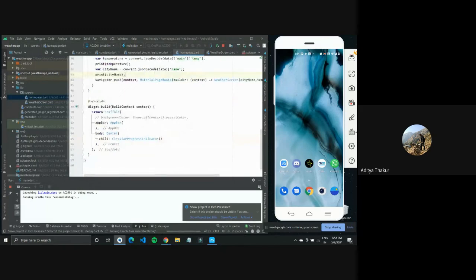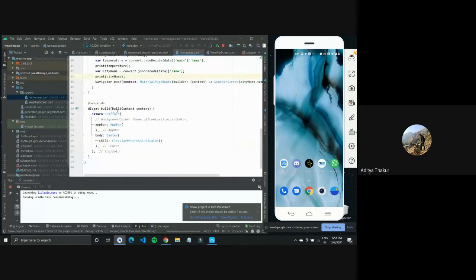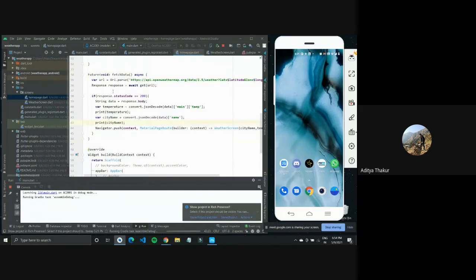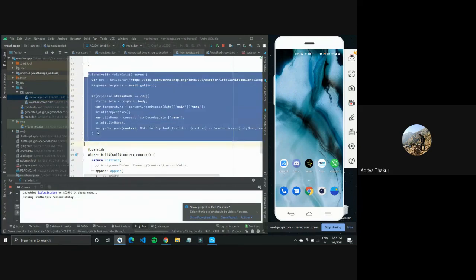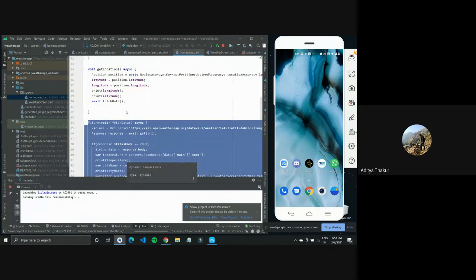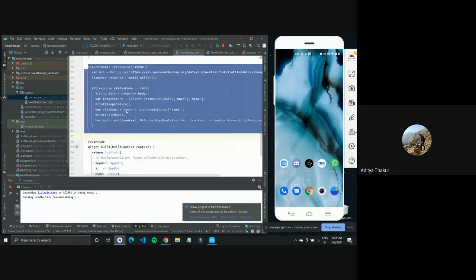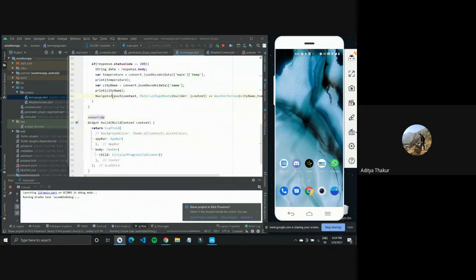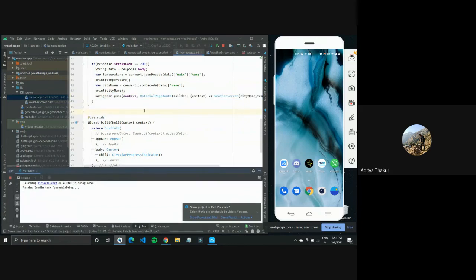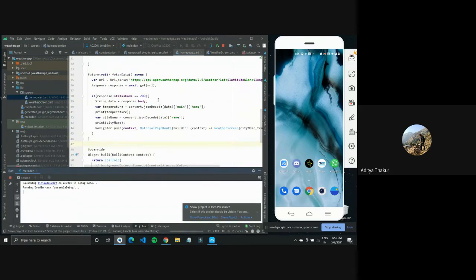You can use a future builder instead. What a future builder does is it will fetch the data and then build accordingly. So you can do that instead of using a widget to push to a new screen every time it's done executing. But right now I believe we are getting some error due to the route.